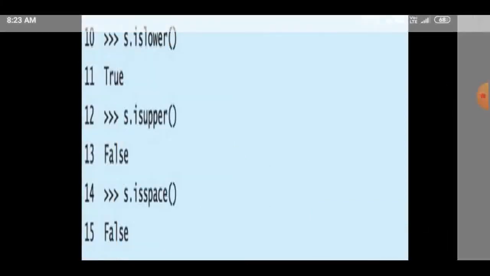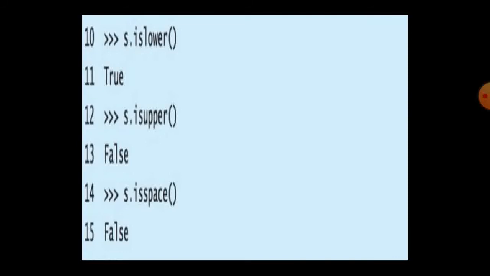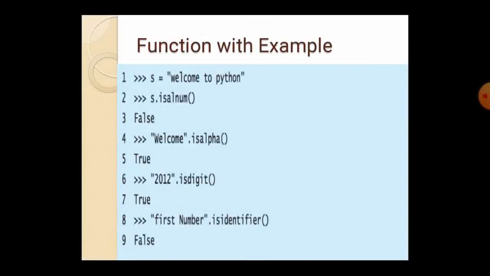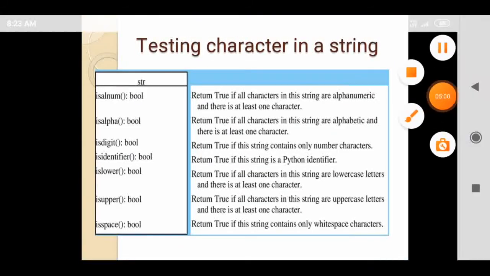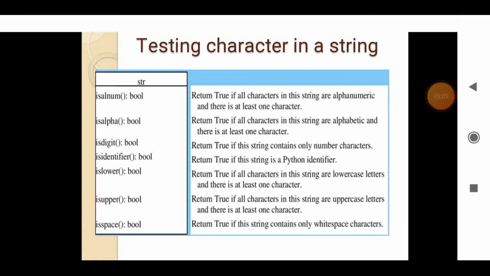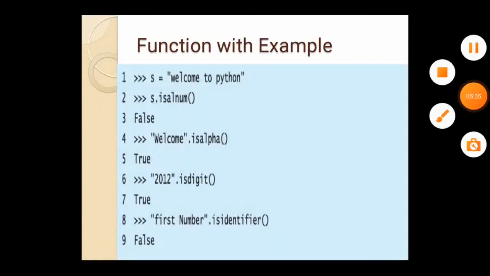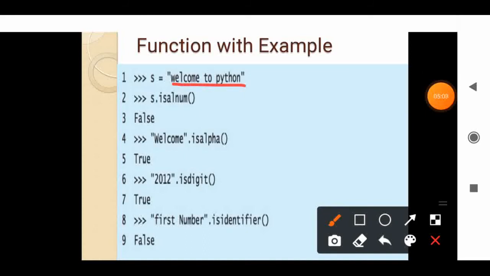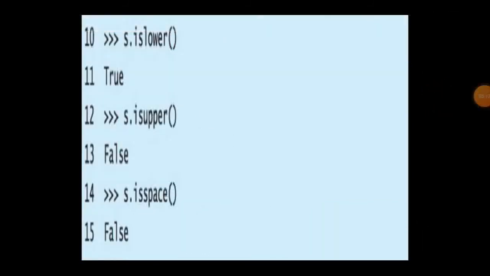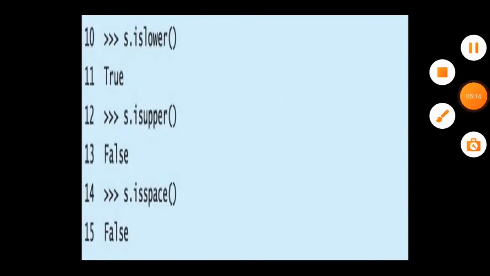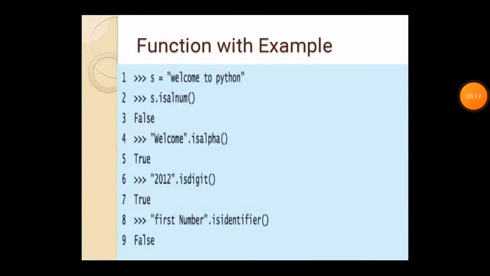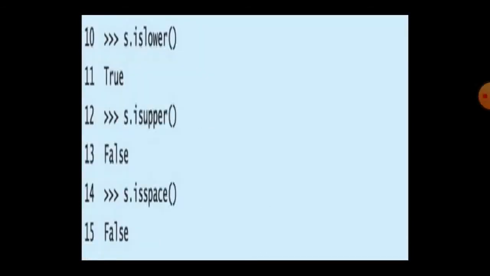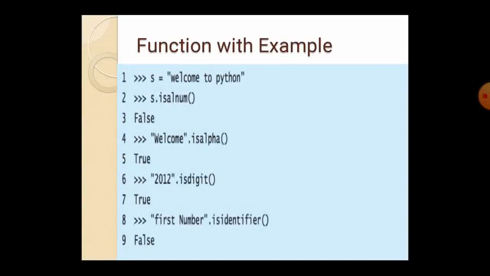The next example, s.islower. Here s is "welcome to Python". We check the function: are all the characters lowercase letters? Since there is a capital P in Python, we check carefully. Next, s.isupper.